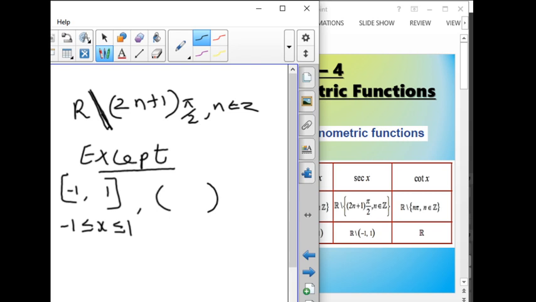And what about this open bracket or parenthesis? Here, if you have -1, comma 1, then it means -1 is less than x, less than 1. That is, the endpoints are not included. So, you have to know the difference between both the brackets. So, R except -1, comma 1 means the values in between -1, comma 1 should be removed from R. Okay, that is specially if you have 0 here. So, 0 should be removed from R. So, that gives you the range of secant x and cosecant x.